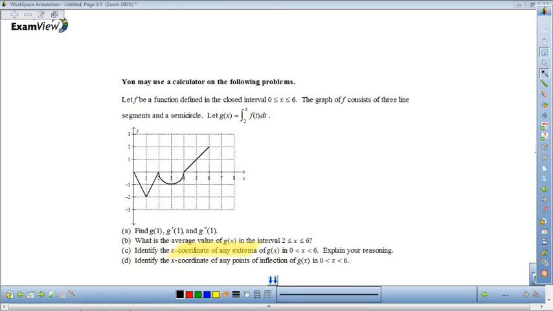For part C, we're trying to identify the x coordinates of any extreme. So I want to find max or min points. If you remember the definition of finding the max or min, we're going to take the derivative and set it equal to 0. Just like I explained in part A, because we're taking the derivative of an integral,